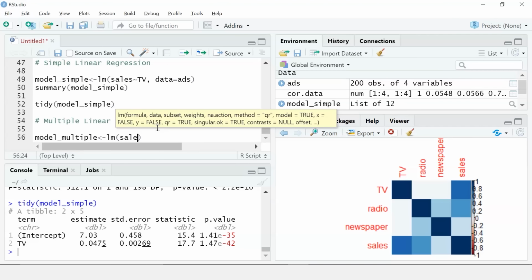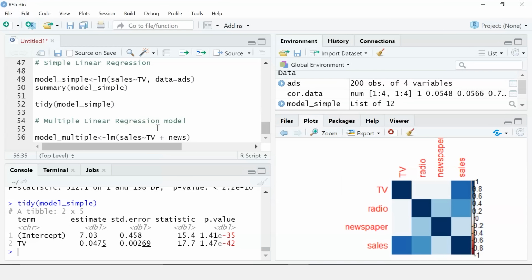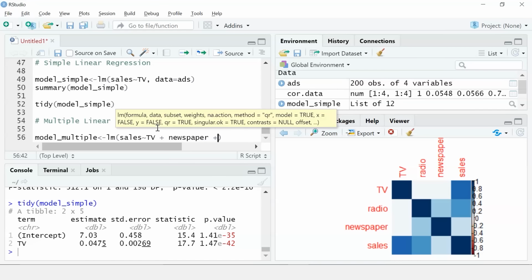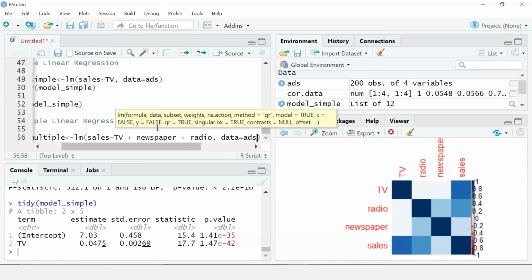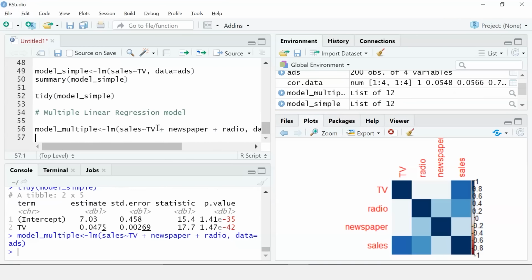I'll pass in the sales, and using tilde I'll take all the column names. TV, then I'll use an addition operator, then I'll take in newspaper, followed by the radio column, and then I'll take my data as ads. Let's run it.